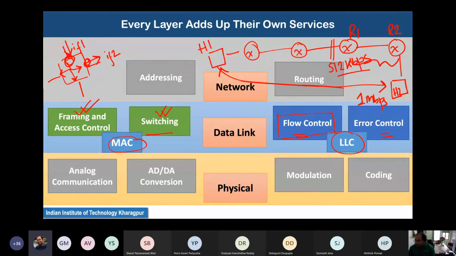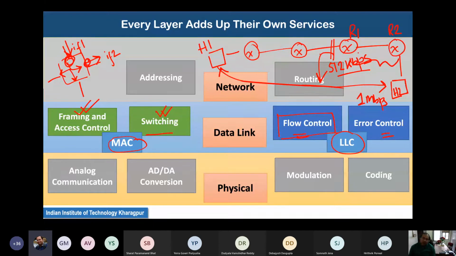Because this particular device R1 has a transmission rate of 512 kbps, it cannot transfer more than 512 kbps. As a result, the data will start dropping from this device. So that is the kind of problem that you face whenever you are implementing end-to-end flow control but you are not implementing parallel flow control.